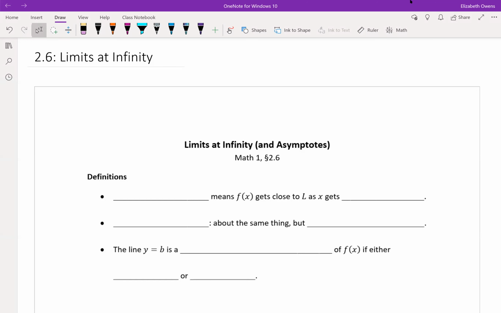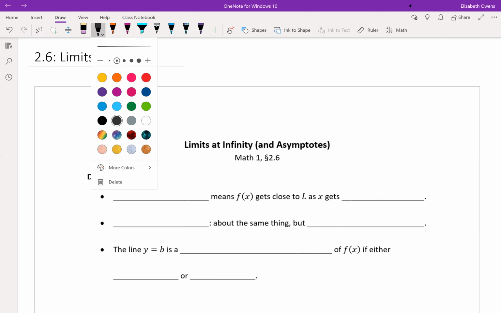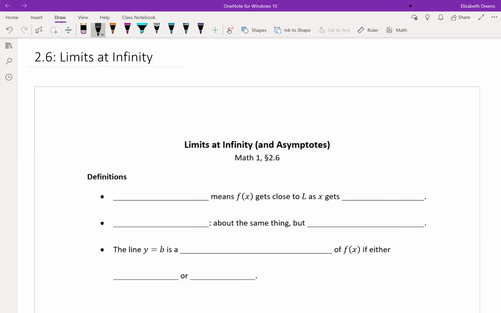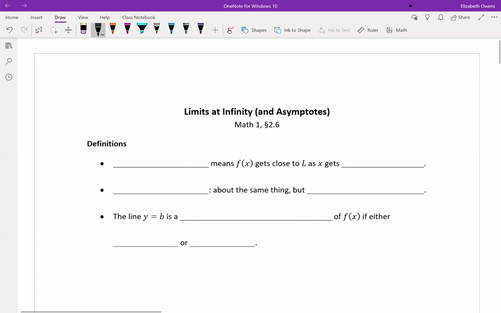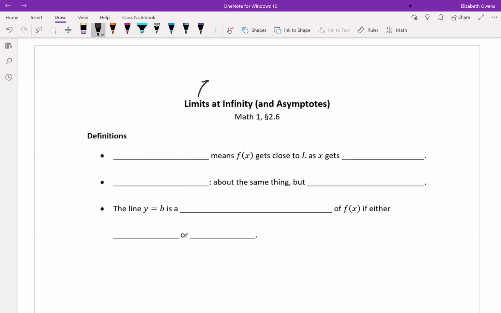Hello, everybody, and welcome to section 2.6, where we're going to be looking at limits at infinity and also asymptotes. So, limits at infinity, we're going way out here, and there is another name for this that you might have heard in your college algebra class or in your pre-calculus class. Depends where you took it. Limits at infinity are sometimes also called end behavior